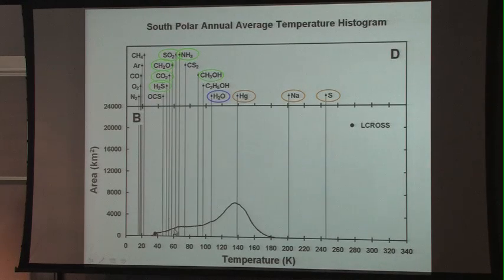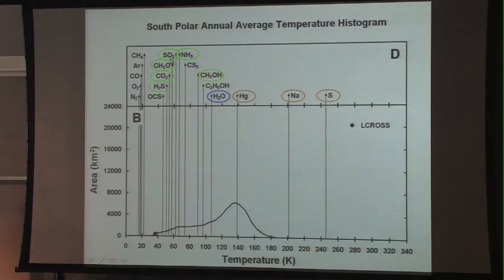You can see that there's quite a bit of territory below 100 Kelvin in terms of annual average temperature. This dot here shows where LCROSS ends up on that. And you can see here that thermal stability would in fact predict the stability of quite a number of volatile species,